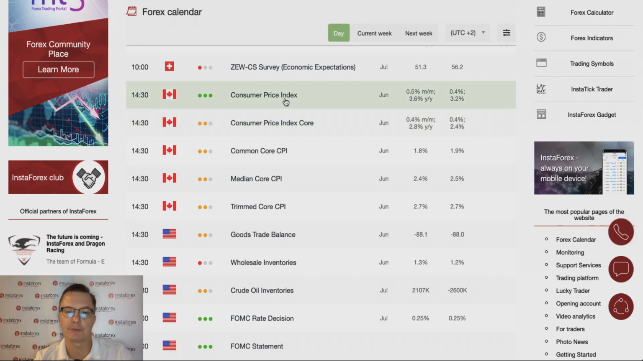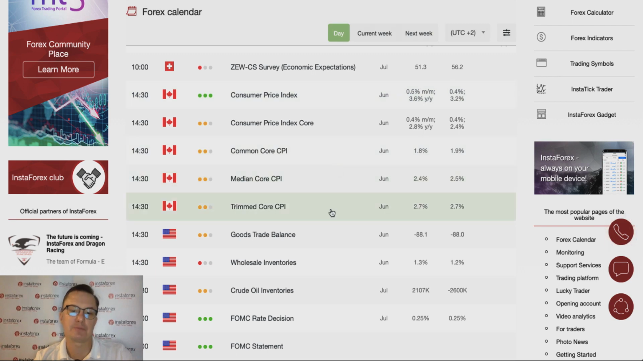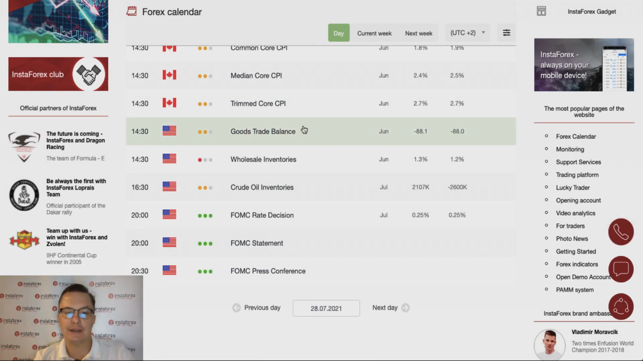At 2:30, we have consumer price index and the other sub indices from Canada. As you can see, the market participants expect the consumer price index in Canada to decrease from 0.5% to 0.4%. So any increase in this data will be a major surprise. Goods trade balance and wholesale inventories are scheduled for release at 2:30 as well, but this time those data are from